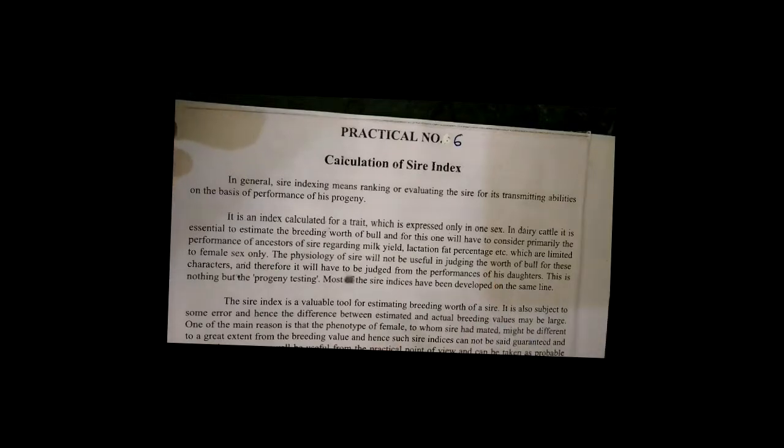So as we know, there are various types of the SAR indices available. Many SAR indices are available. Let us see which are they. Daughter's average method: it is simply the average value of all the daughters under that SAR.